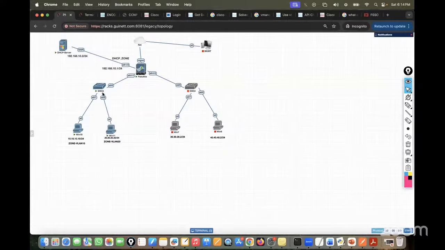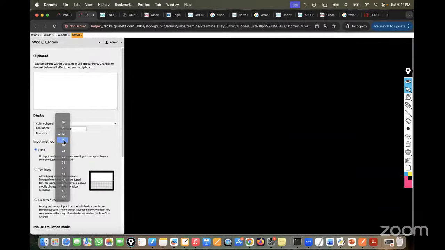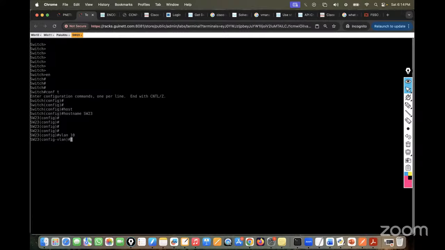What is the next step? We have to go into the switch. The switch requires two VLANs. One is VLAN 10 and another is VLAN 20. So I will make the hostname switch 23, and I will give VLAN 10 exit, VLAN 20 exit,